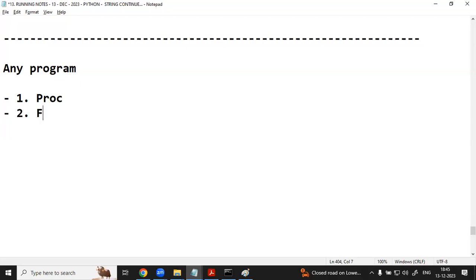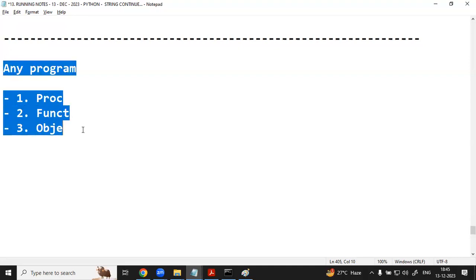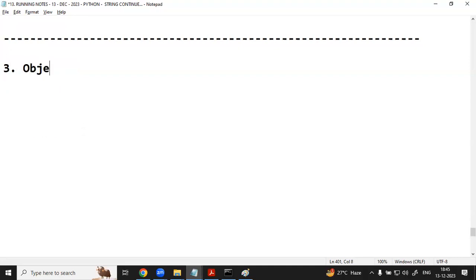And third one is object oriented. If you wanted to understand the object oriented approach, you need to understand 4 steps.